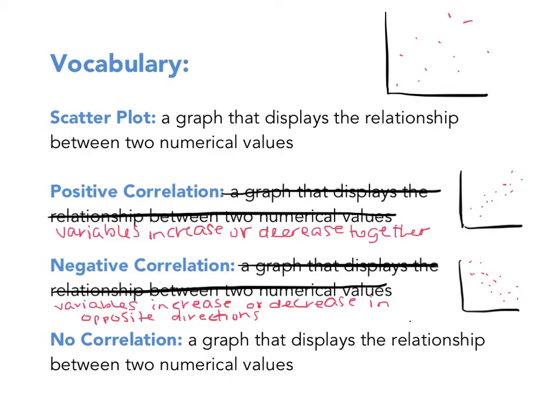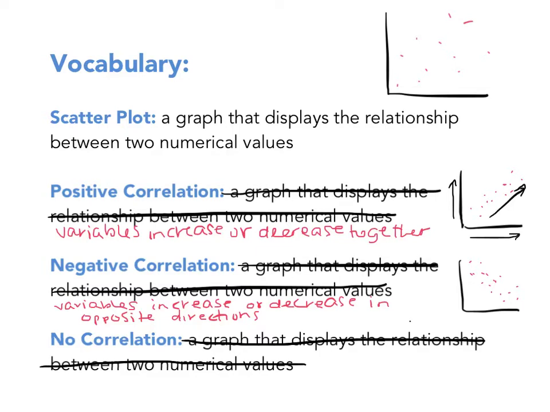A positive correlation, make sure you write down the definition that's in red for these because there was a glitch with the PDF when it translated to video, and it gave everything the same definition. So just write down what's in red and then draw your example. So a positive correlation are variables that increase or decrease together. So as you can see, this is increasing. Both variables are increasing, usually along the x and y axis,